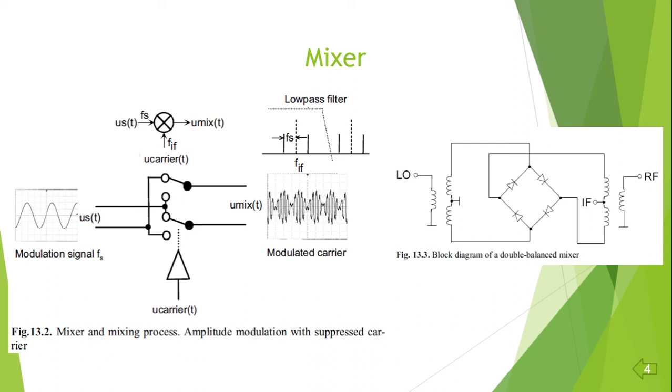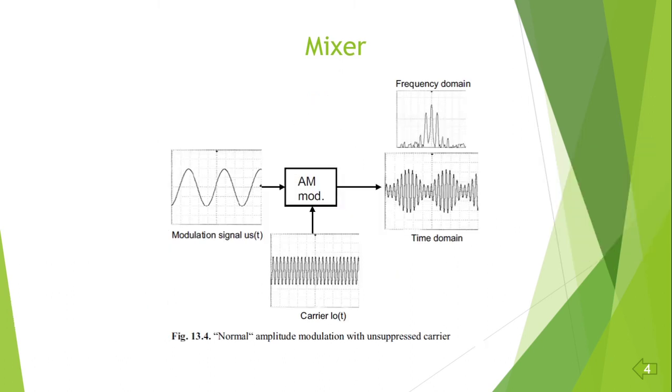Mixers are today often implemented in the form of purely digital multipliers, which, except for quantization noise and rounding errors, have an ideal behavior. If a direct voltage is applied as a modulation signal, the carrier itself appears at the output of the mixer. Superimposing a sinusoidal signal on the DC leads to a normal amplitude modulation with unsuppressed carrier.